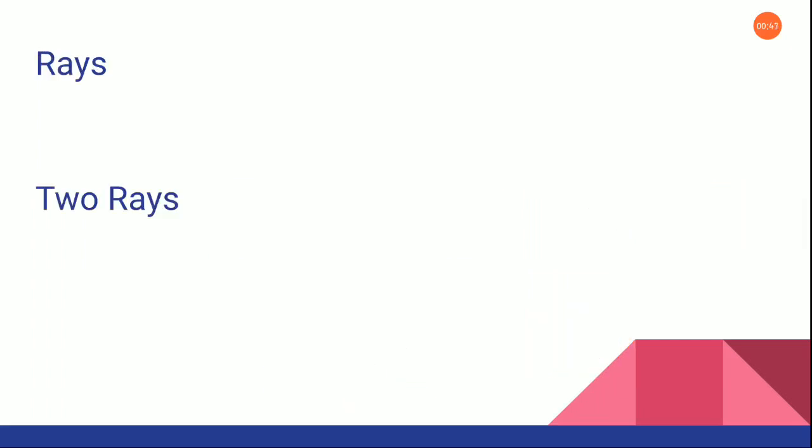Now, next one is ray. What is a ray? A line which has a starting point alone. Only one point will be there, and it is being extended in the other direction. We can call it a ray. Clear? So, in a ray, there will be a point, and the other end does not have a starting or ending point. It will be continuing to go.